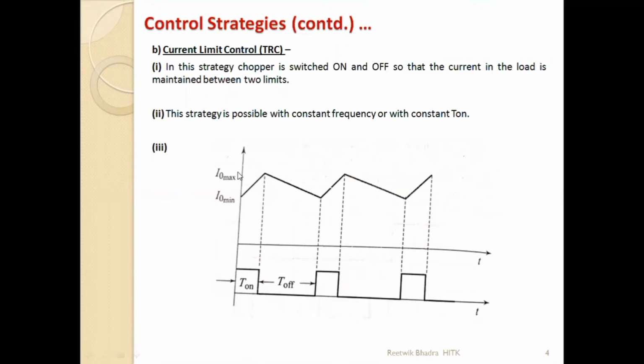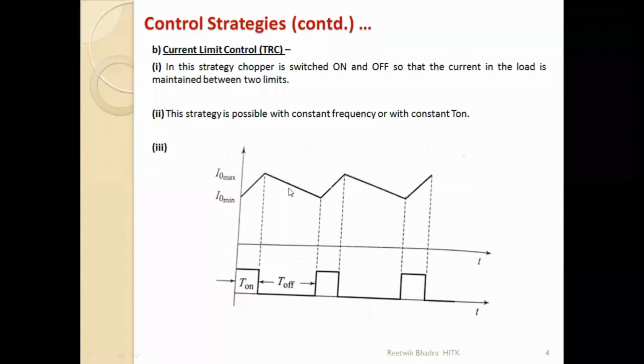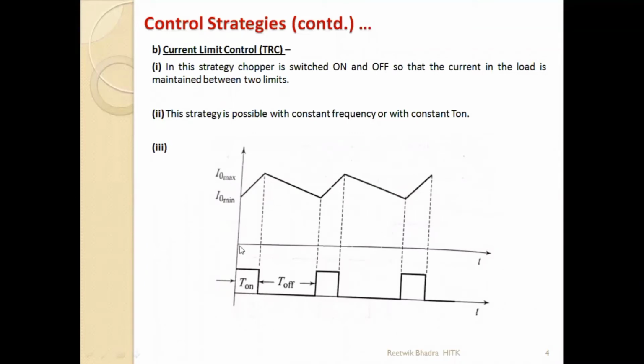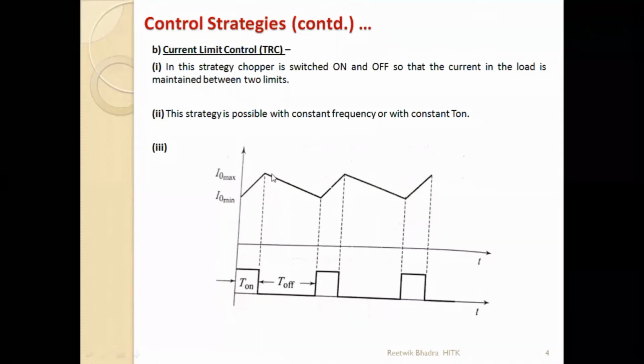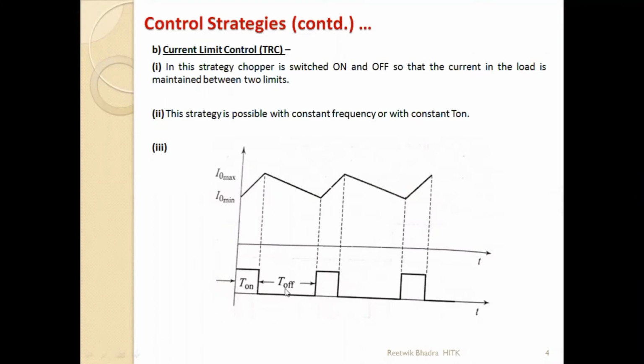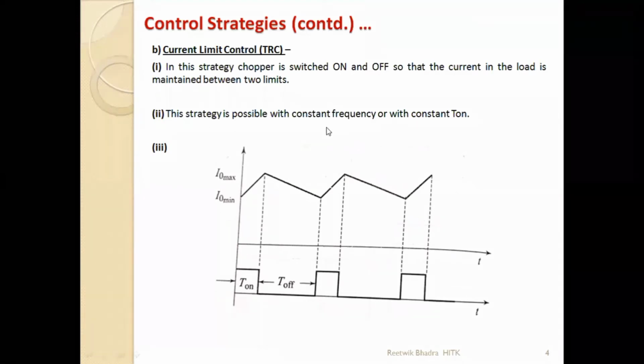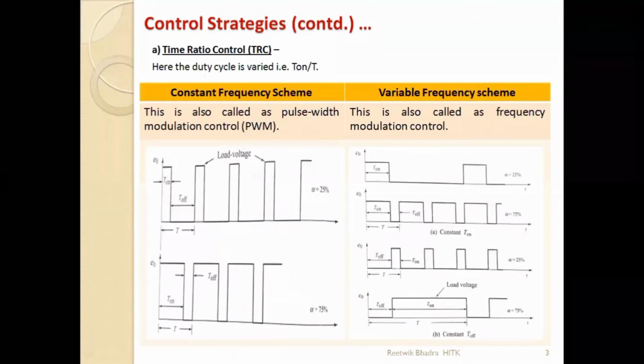So how does it happen? This is the T on period. This is actually the T off period. If you recall all the facts which we have studied, this was T on, this is T off. So I can say this part is T on, and this part is T off. So I can design a circuit which produces a duty cycle like this according to the value of inductor current. Okay, but generally the most common thing is pulse width modulation control, which is a constant frequency scheme.